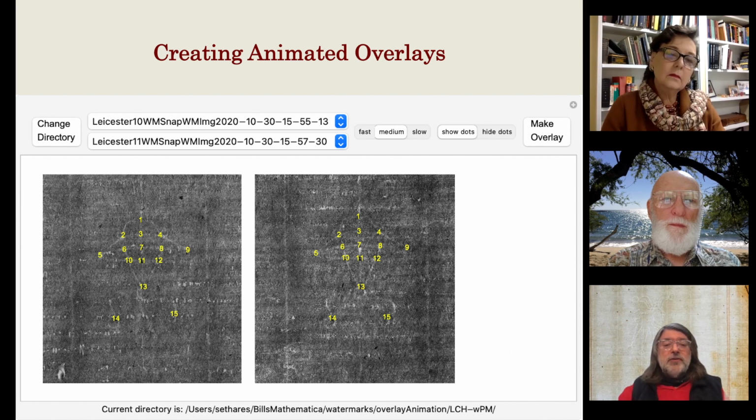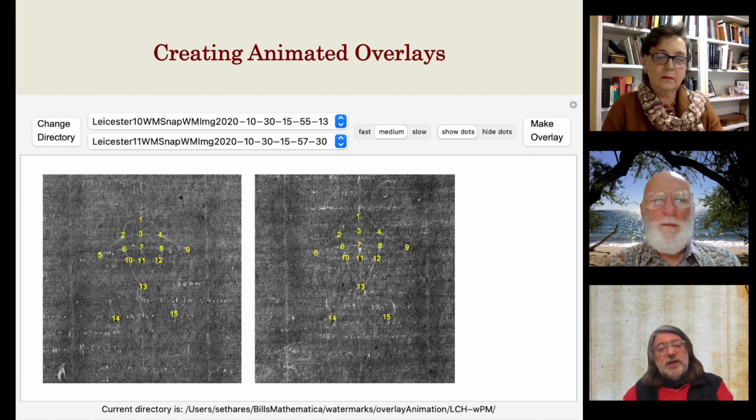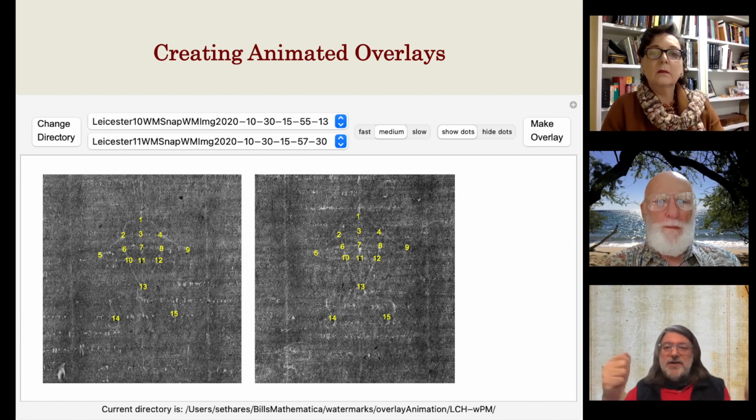So what we do is create an animated overlay. Here's an example with 2 cardinal hats. You notice we've marked a whole bunch of points here, 15 points, so that we can get a nice matching between them. And then what we do is